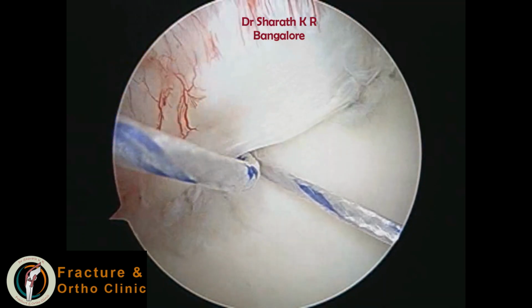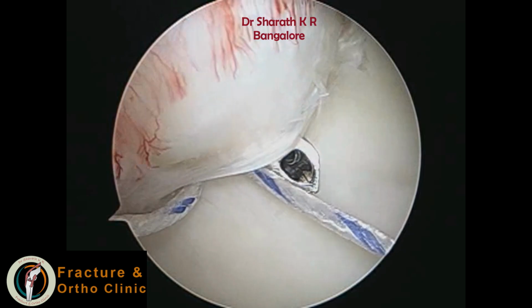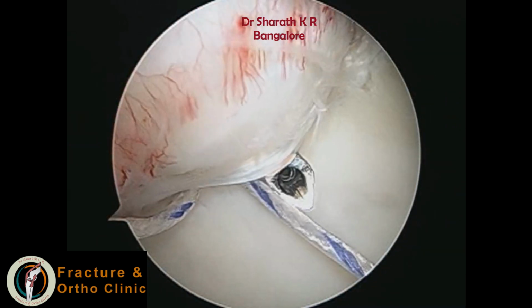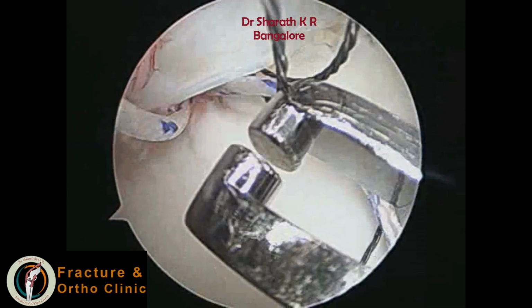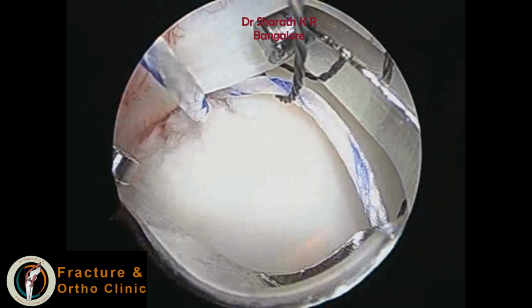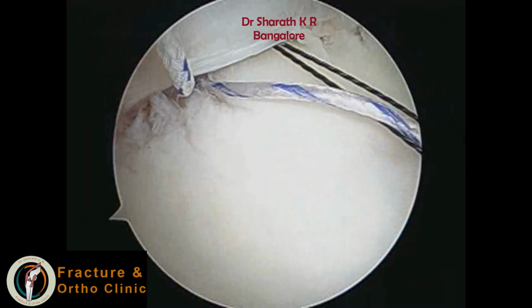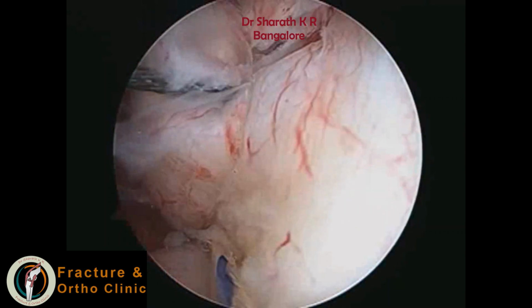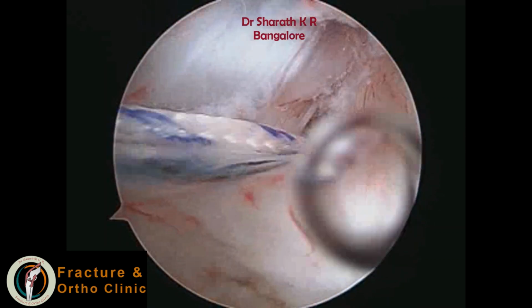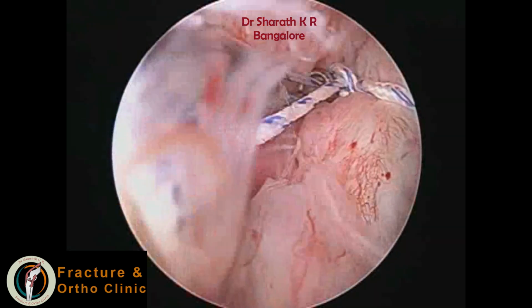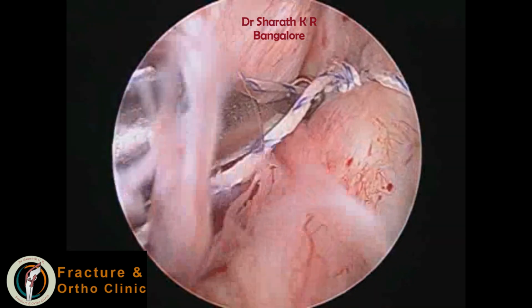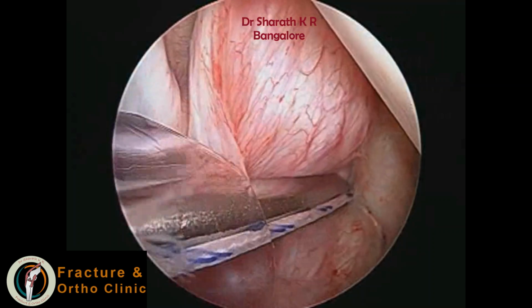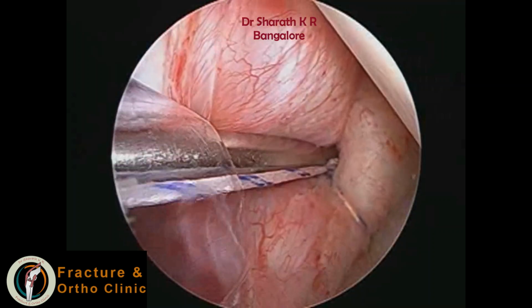You can see the second anchor, and I repeat that we are shifting the labrum and fixing the labrum. Now from the posterior portal we shuttle the thread which is coming from the anterior. So one limb is anterior, one limb is posterior, and now we are making the repair. After that, the third time,